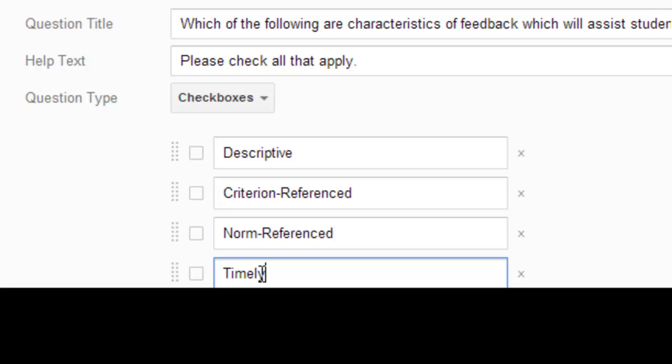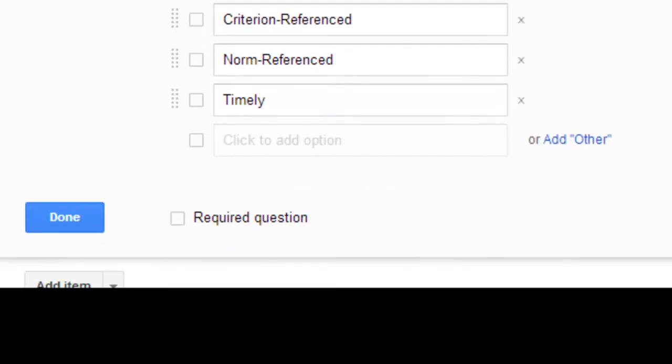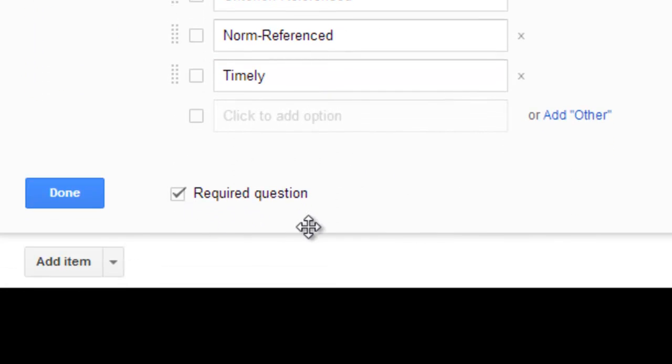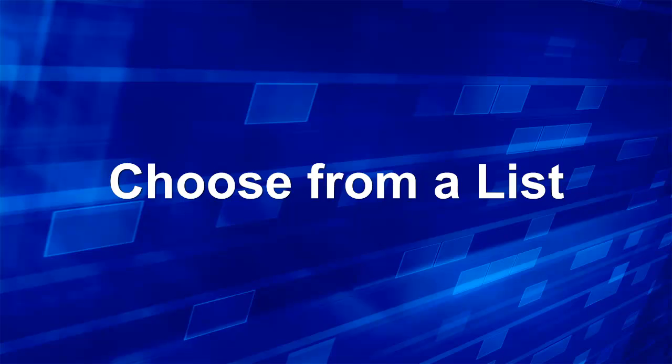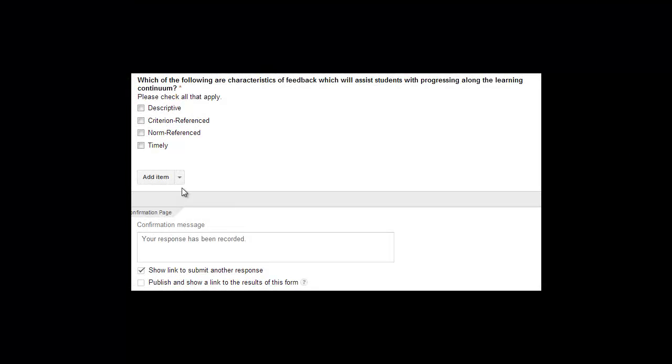Next, decide whether or not the question is required. If a question is marked required, respondents will not be permitted to continue on to the next page or to submit until they answer the question. Finally, when you're done creating your question, click Done. Having completed our checkbox question,